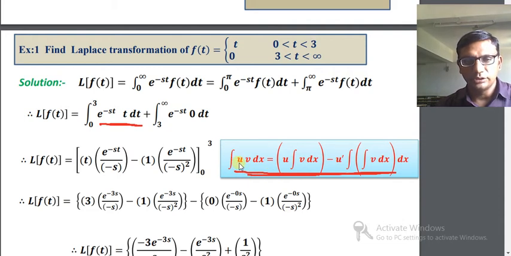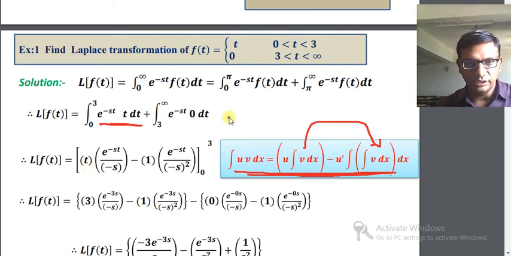Integration of u into v dx is equal to u times integration of v dx minus the derivative of u, that is u dash, times the integration of dx. This is our first integration, and we put the integration directly here. Then again we take the integration. That is our L'Hopital's rule for the integration by parts. Now